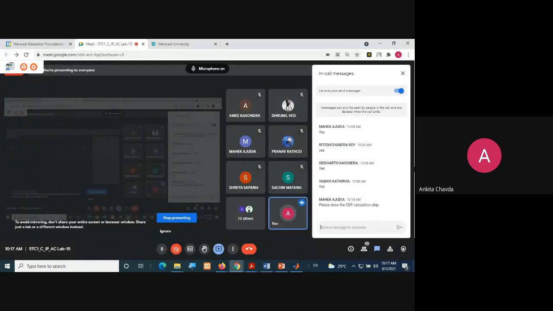Let me know the answer of the new matrix. If you are not testing here, it means you are not doing the work. If you are not doing the work, then do the program on your own, right? A very simple thing.